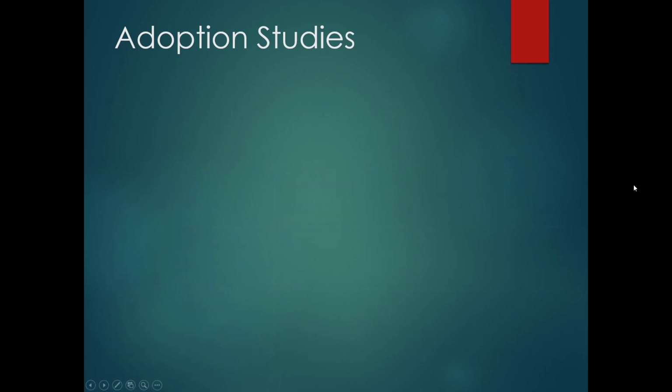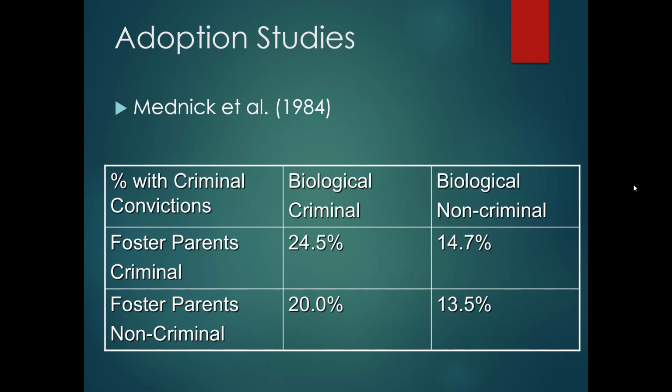fostering study. So just to show you what the results are, this is, again, I told you it was in the 80s. Mednick was a person who did a lot of these studies. But let me just show you the data here. What you see here is if you look at this table, the biggest influence on or predictor as to whether or not you're going to have a criminal conviction is not what your foster parents are doing, right? Rather, it's what your biological parents were. So in other words, showing a link again between criminality and biology.